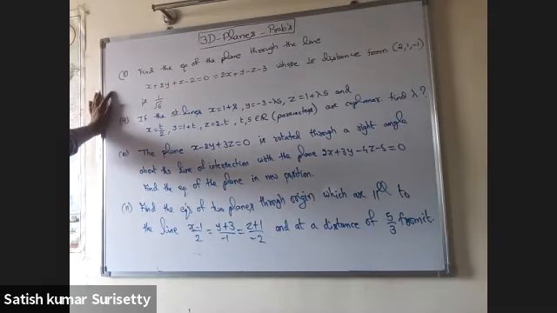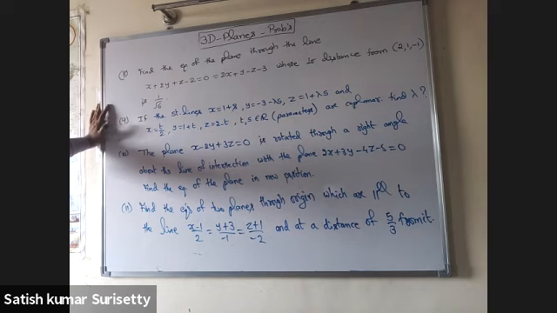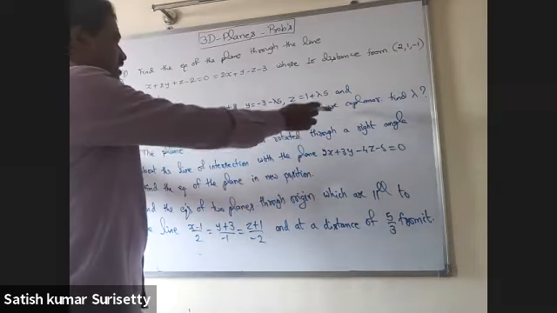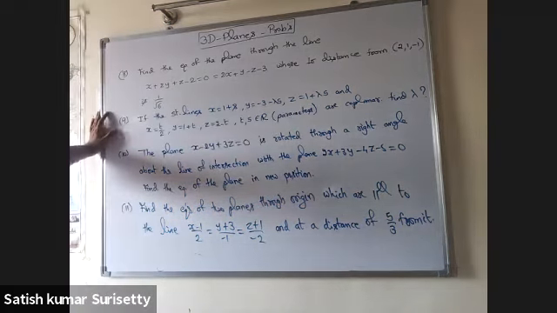So the next problem, 8: find the equation of the plane through the line x plus 2y plus z minus 2 equal to 0, equal to x plus y minus z minus 3, whose perpendicular distance from (2, 1, minus 1) is 1 upon root 6. 9. If the straight lines x equal to 1 plus s, y equal to minus 3 minus lambda s, and z equal to 1 plus lambda s, and x equal to t by 2, y equal to 1 plus t, z equal to 2 minus t, where t and s are parameters, are coplanar, then find the value of lambda.